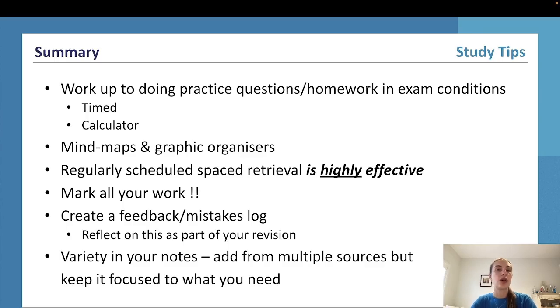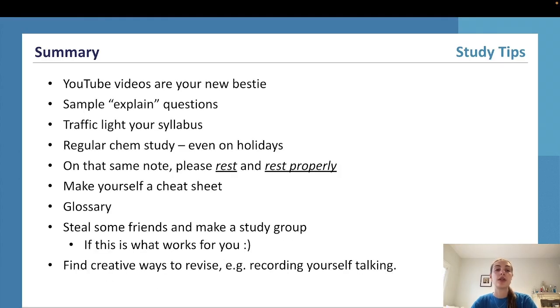marking all your work, so there's no use doing the practice questions if you don't know if you're doing them correctly, creating a feedback or mistakes log so you can reflect on it and determine what you need to work on when it comes to your main revision time, keeping lots of variety in your notes, so adding it from multiple different sources, having tables, diagrams and dot points, using videos, sample explaining questions to people, traffic lighting your syllabus, so going through your syllabus and each learning intention determining whether it's green light, orange light or red light, doing regular study so that you don't forget information,